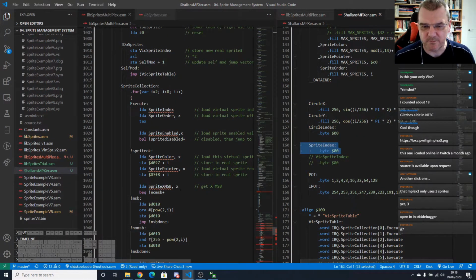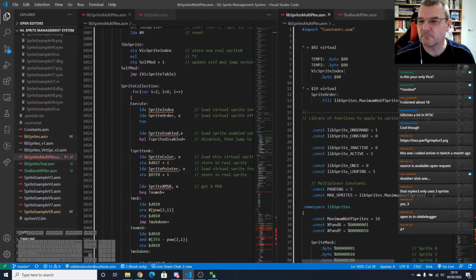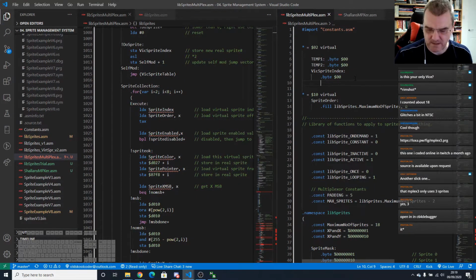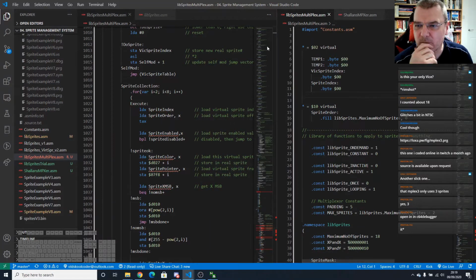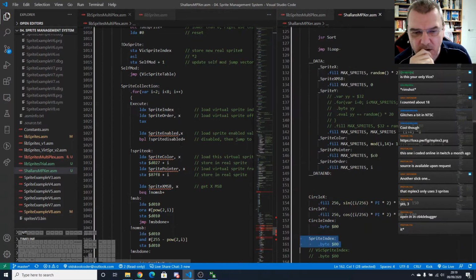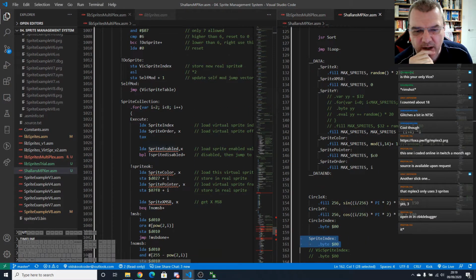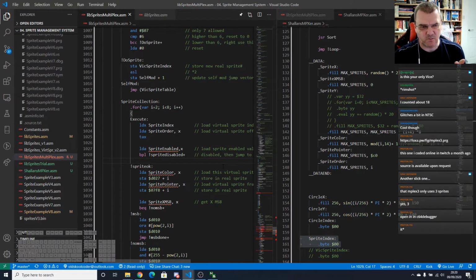Put that at the top. Sprite enabled. Right, this is now where my stuff comes into it, because we're not going to use